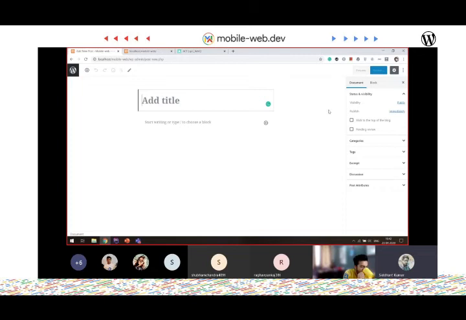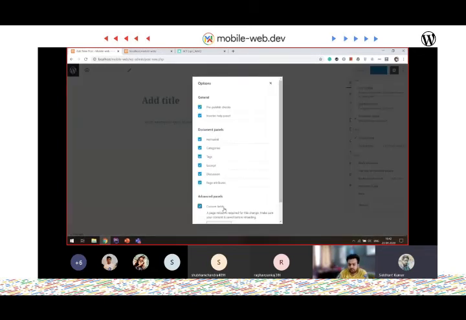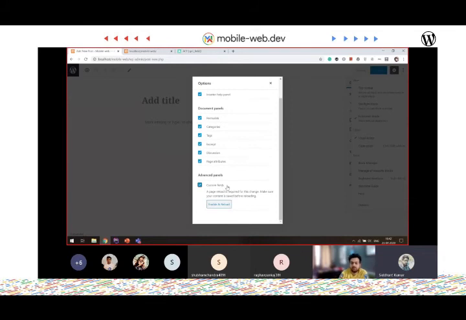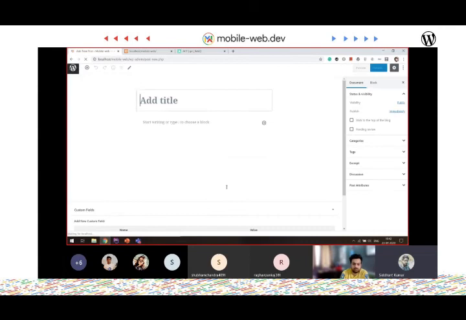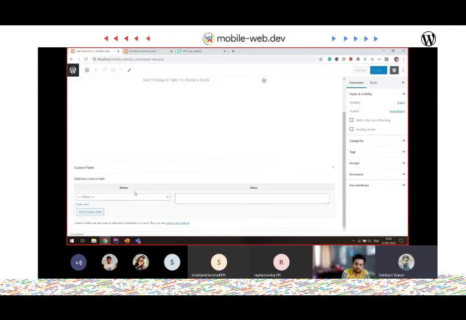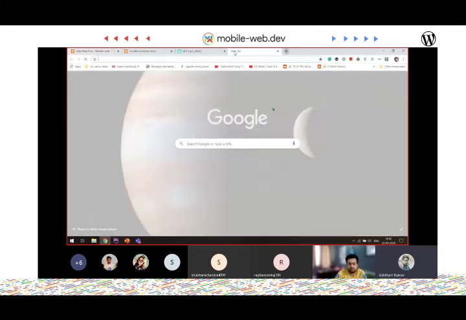WordPress also provides by default adding custom fields to your post by selecting yes and making sure it's enabled. Now you have a custom field section, and WordPress saves this custom field in post meta.